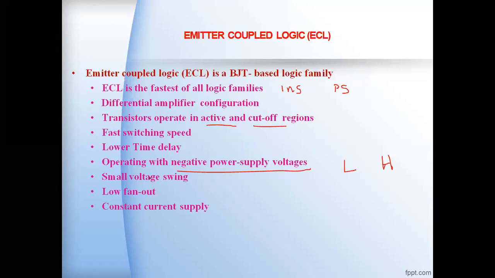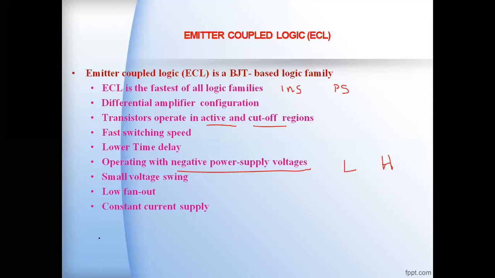Whereas the disadvantages of the emitter coupled logic, the first one is the negative power supply voltages. It uses negative power supply voltages. We can't say that it is a disadvantage, but most of the circuits we are used to operate with positive power supply voltages, while emitter coupled logic uses negative ones. It may not be a disadvantage, but sometimes we may see it as one for emitter coupled logic. But the major disadvantage of this emitter coupled logic is fan out.